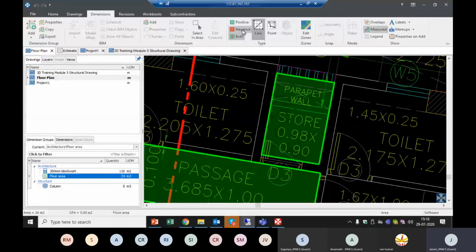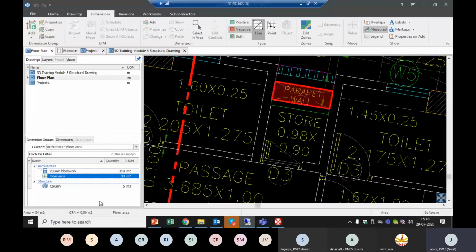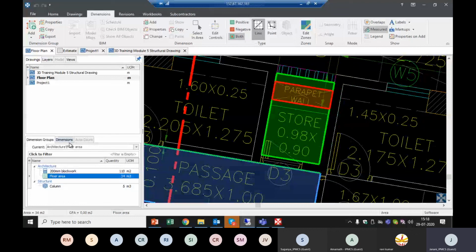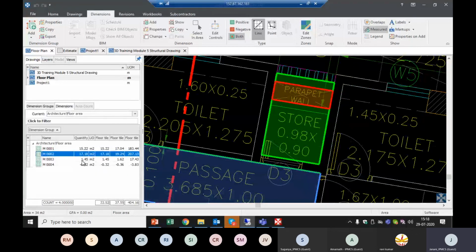I'll select negative and select the area which needs to be deducted. Now again you can see the quantity is being deducted, and two quantities are being displayed here. Even in the dimensions tab, there are two different quantities, one for 1.45 and another for the deduction, which is minus 0.23.